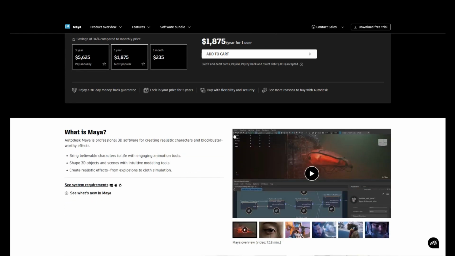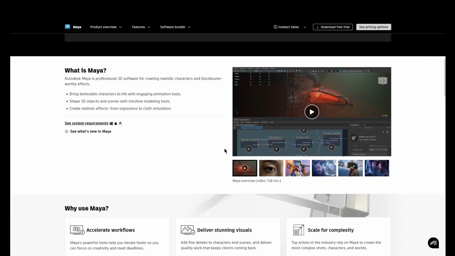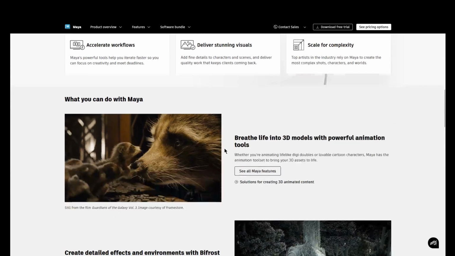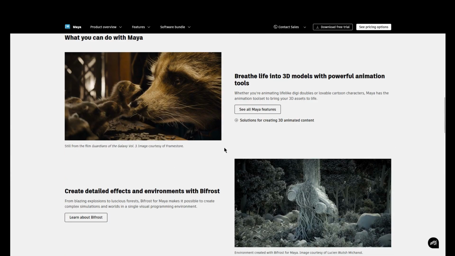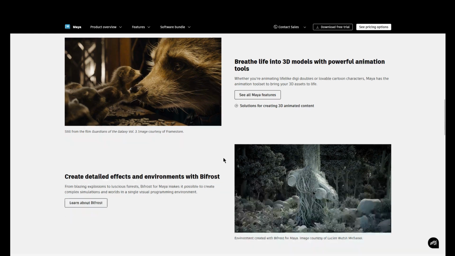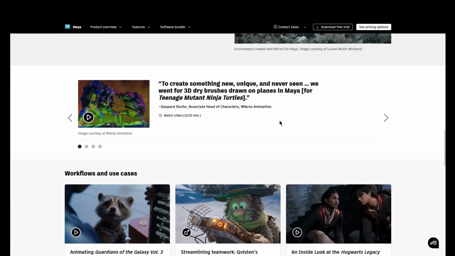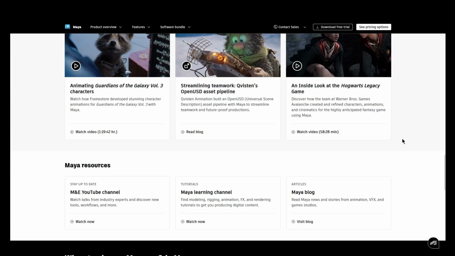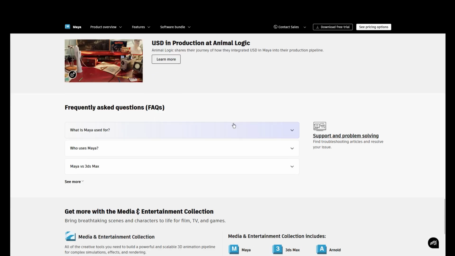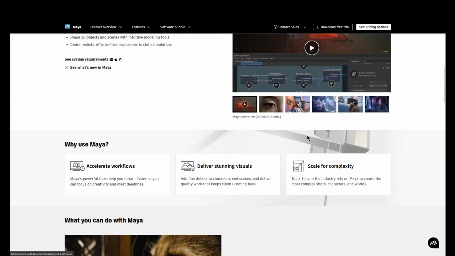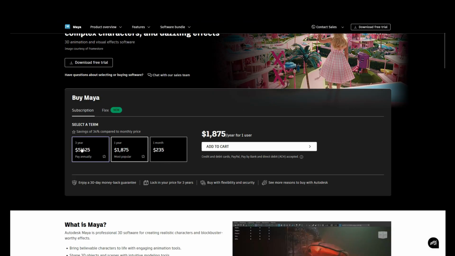Maya offers robust tools for character rigging, particle effects, and dynamics, which make it a standard choice among professionals for high-end production work in animation and VFX. It also supports extensive scripting and API access, allowing for deep customization and automation within the production pipeline. Now, I've worked in the visual effects industry for 7 years, and this is what I learned and used among other softwares as well. And as for pricing, the 3-year option is